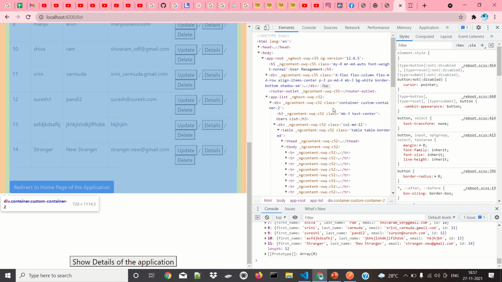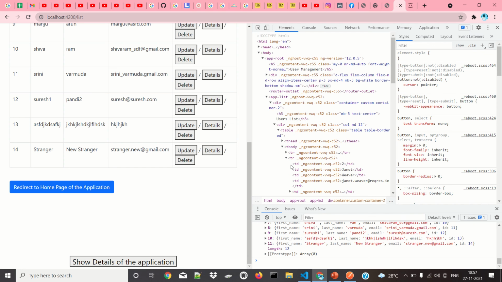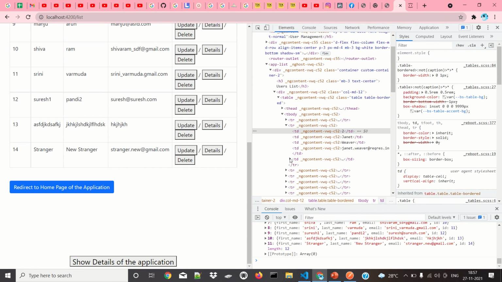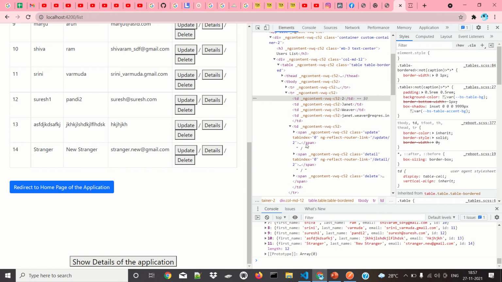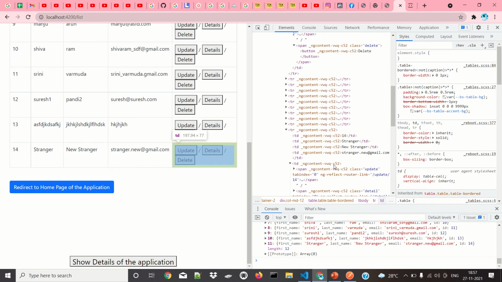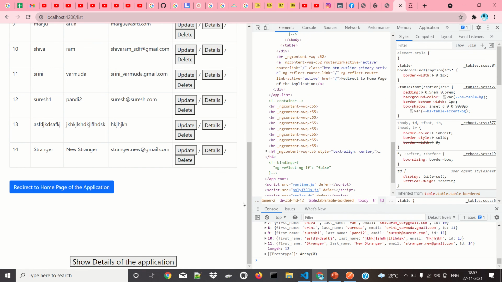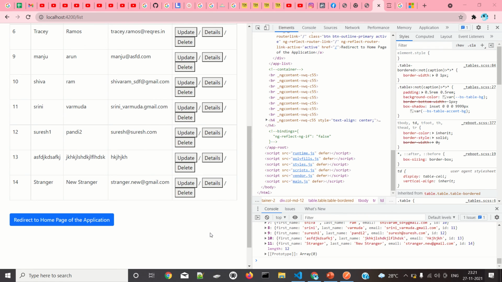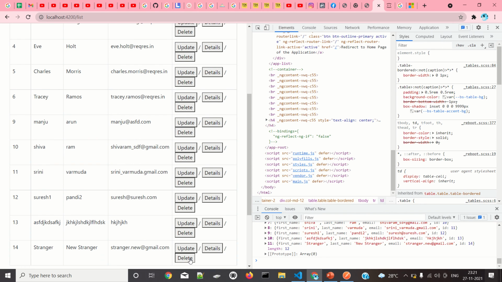If you go to some other data and see here, any other tier, this is second data. If you see this one, you can see the update to this one too. Okay, for the delete method we don't have this particular ID, but it will be present internally. So through this ID only it will be getting deleted. So for this purpose we will get the user ID from here. So for delete we can get this ID, so we can easily delete it.